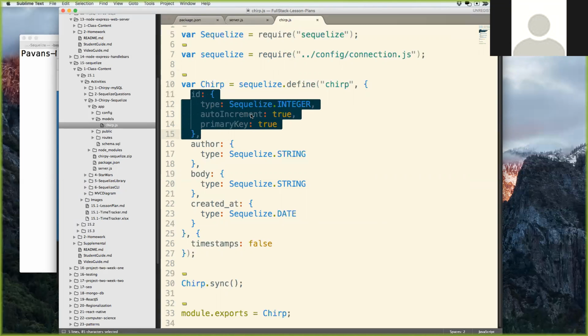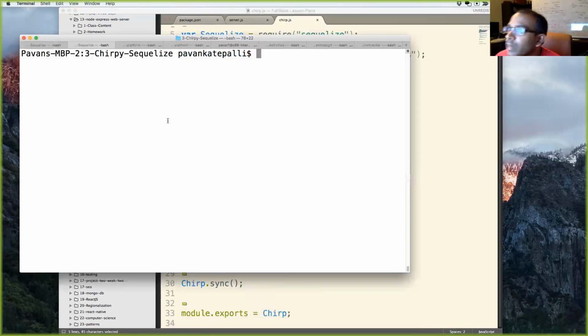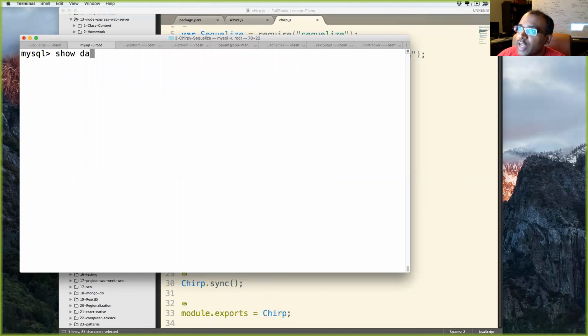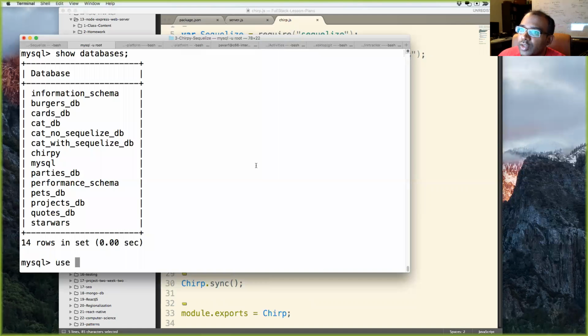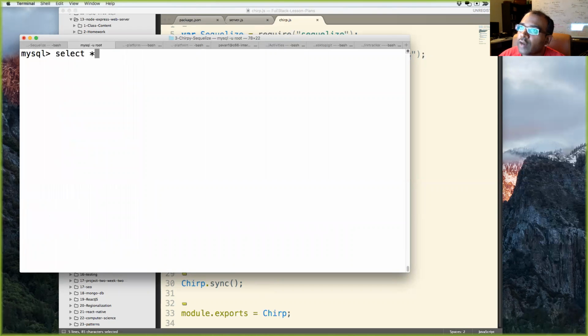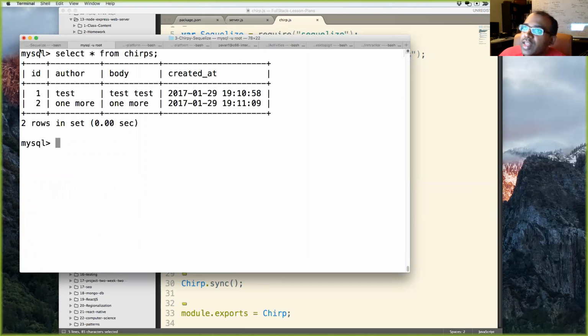It's your primary key, right? It's my primary key, exactly. So if I go into my database table, if I go into MySQL, and show databases and use Chirpy. Control L to clear my screen. Select star from chirps. This primary key right here, this ID,